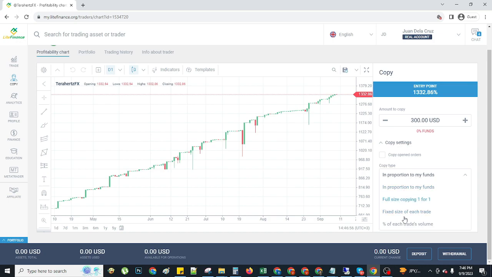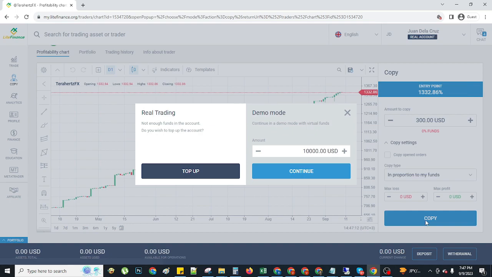So, ito meron kasi tayong 4 options. So, kung ano yung sinet ni social trader, yun ang ilalagay natin. So for example, sinabi niya sa kanyang social trader, trading account is in proportion. So, yun lang yung settings, then click mo lang yung copy. Right? So after niyan,